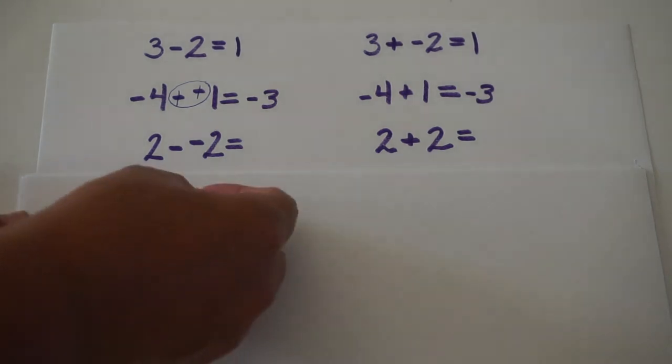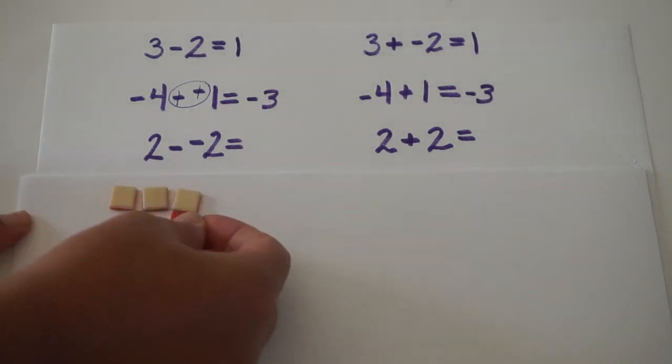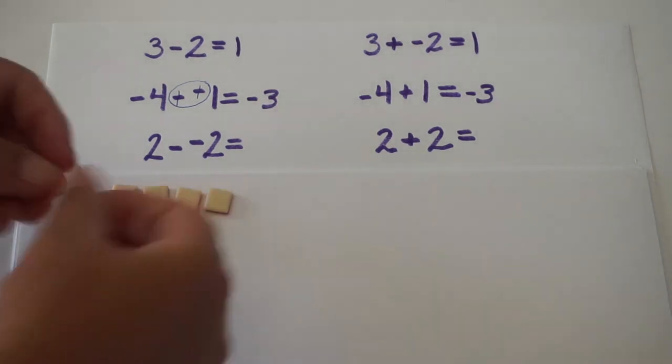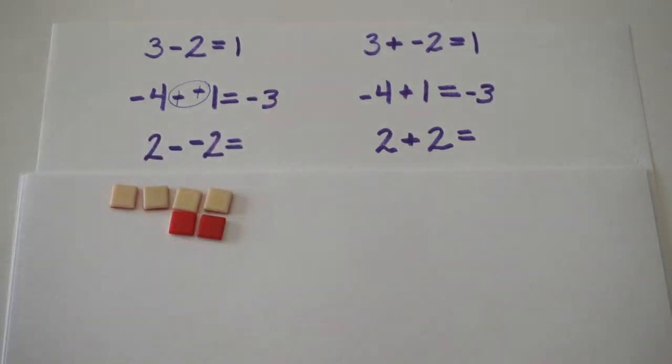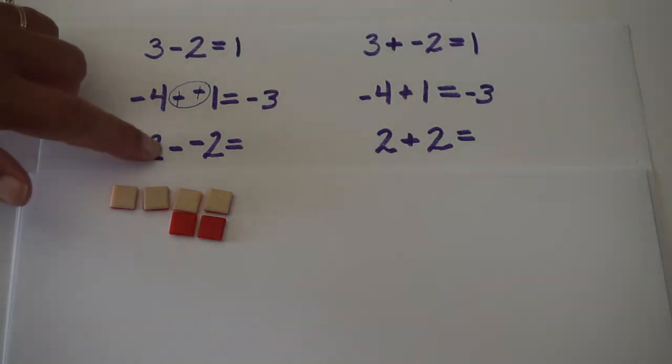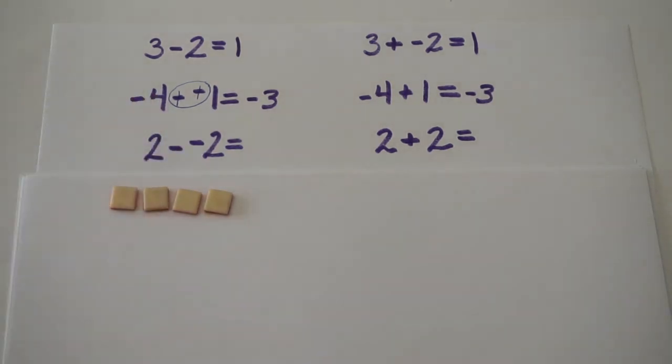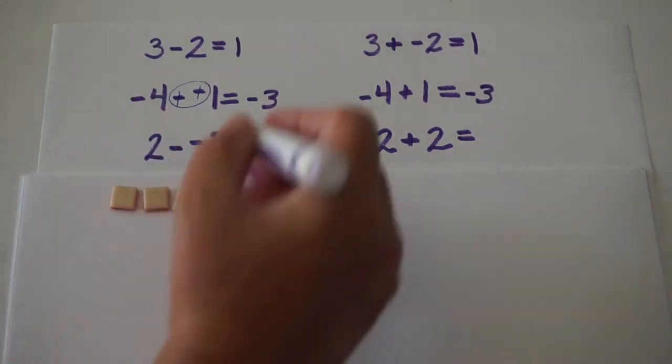This is 2. But this is also equal to 2 because it's 2 plus 0. This whole set is still also equal to 2 because it's 2 plus 0. But now that I've put these zero pairs in there, I can go ahead and take away 2 negatives. And when I do that, I'm left with